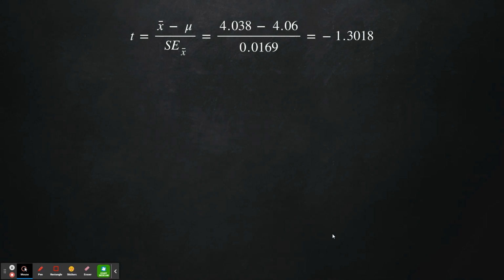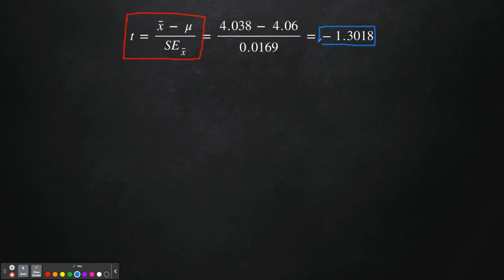Now, for calculations, this gets a little tricky. We were given the sample mean and the standard error of the sample, so we can't just plug this into our calculator. Here we're going to have to use the formula, which is our t-test statistic, t equals x bar minus mu divided by the standard error of x bar. Plugging those numbers in, we get 4.038 minus the mean from the null hypothesis, 4.06, divided by that standard error of 0.0169. This gives us a t-test statistic of negative